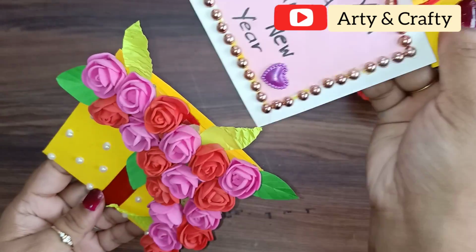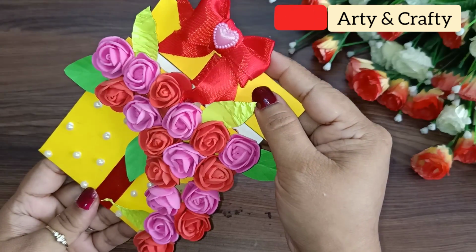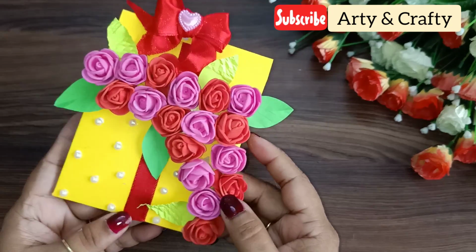So make such a card and give it to your friends and family, and they'll really be happy to receive such a